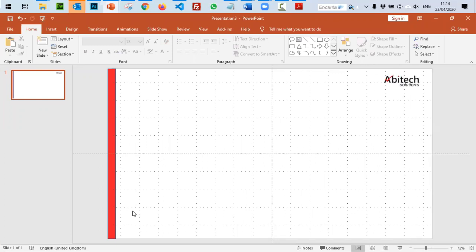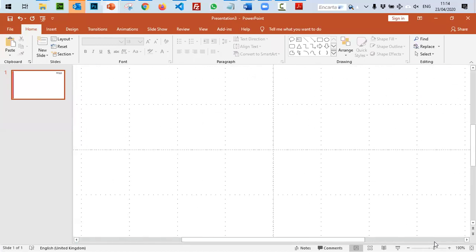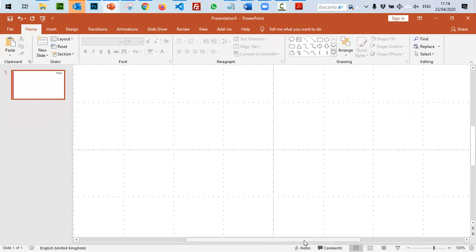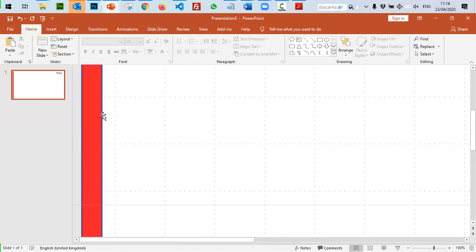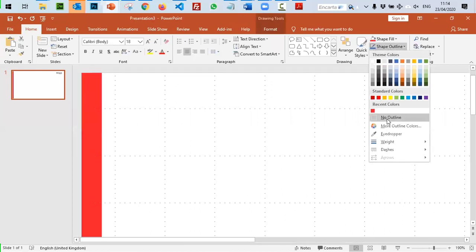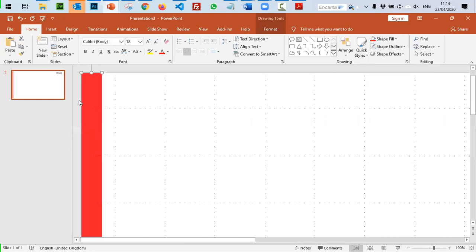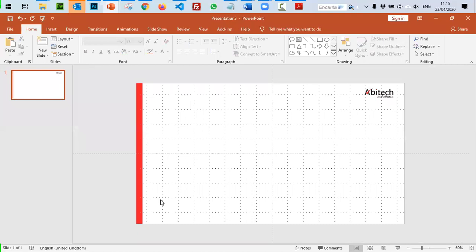There's a line color, let me zoom out so that you see clearly. There's a line color at the edge. So you can choose to change that color to whatever you like or highlight and take it out. So shape color, I say no outline, meaning I don't want an outline color for that object. So that way, I've created what I will call a left